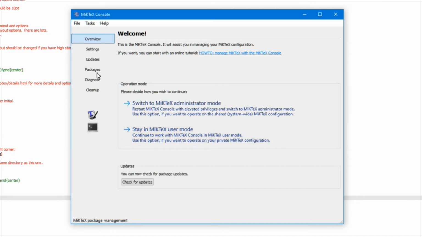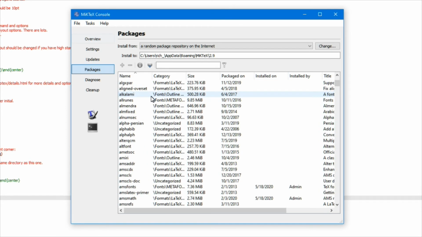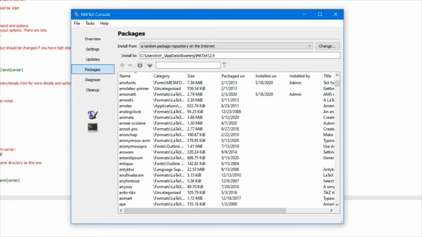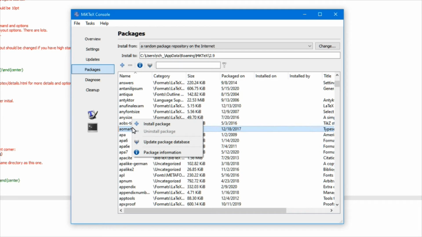We'll stay with user mode, and if you go to packages, it'll take just a moment to open up because there's literally hundreds of packages it's going through right now. There we go. You're going to scroll down until you get to Gregorio TeX, because even though it was supposed to have loaded automatically, it did not do it. So just go down until you get to it, and then you right click, and then you do install package,